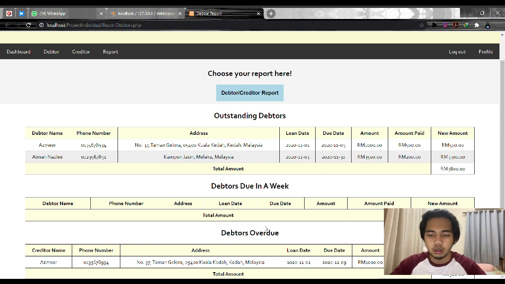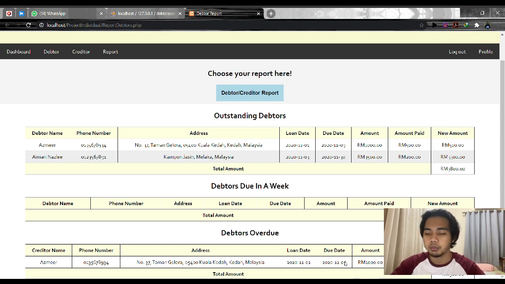So debtor overdue means Azmeh has been paid over the due date, which is over the 9th November 2020. The balance of amount is 500 that has not been paid yet.